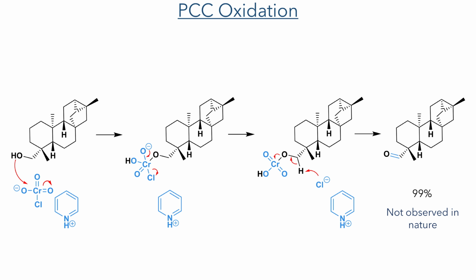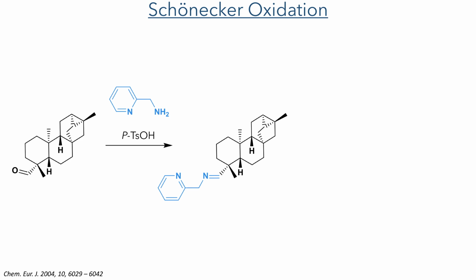In order to oxidize this hydroxyl group without reacting the C20 position, the group instead used a PCC oxidation. The pyridinium chlorochromate reagent is attacked by the hydroxyl group, forming an anionic intermediate, which then eliminates chloride. This chloride can then act as a base to deprotonate the carbon bonded to the oxygen and produce the aldehyde in a 99% yield. With this aldehyde in place, the authors could then explore the final oxidation method, which was